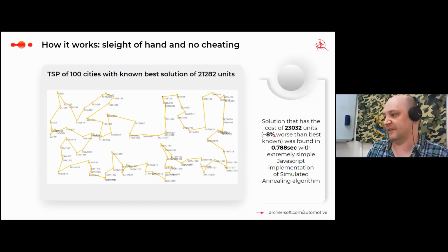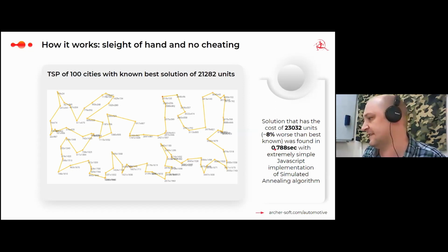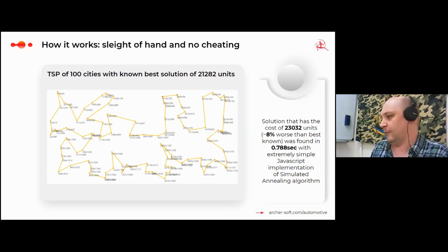So this small trade-off of 8% is, I think, worth it versus spending the universe's lifetime, versus less than a second. And actually, this was done by a very simple academic realization of simulated annealing. It is one of the heuristic algorithms, along with the K-opt algorithm, which is also a very simple heuristic used here. So it actually knows nothing about the practical essence of the task. It works